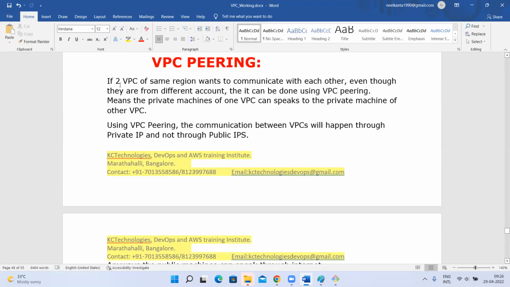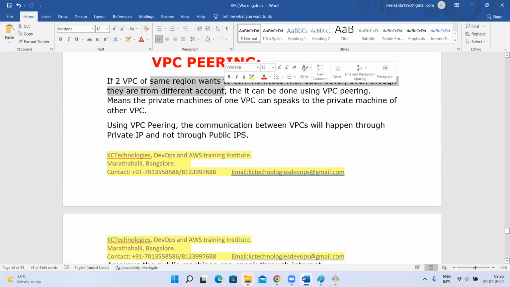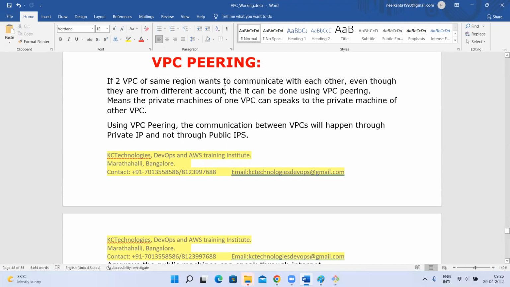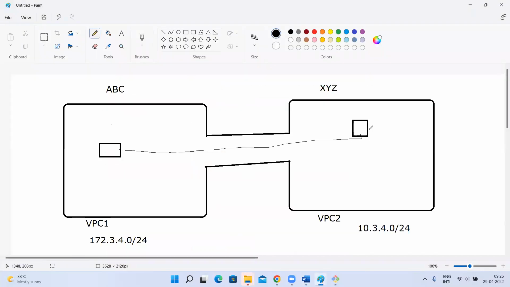If two VPCs are in the same region, so they have to be in the same region. I cannot do VPC peering if this is in the Mumbai region and this is in the North Virginia region. If you want to do VPC peering, both the VPCs should be in the same region. Understood? That is a main rule. There is one more rule. This is one of the main rules. Both the VPCs, if you want to do